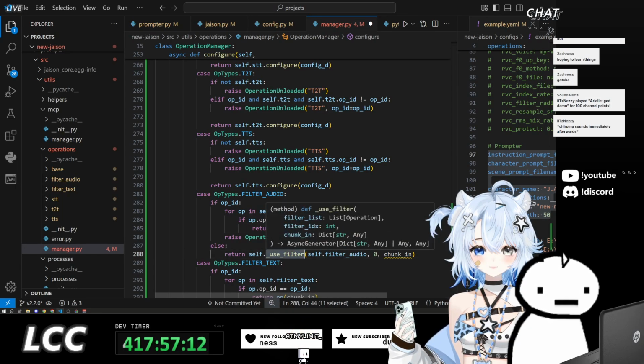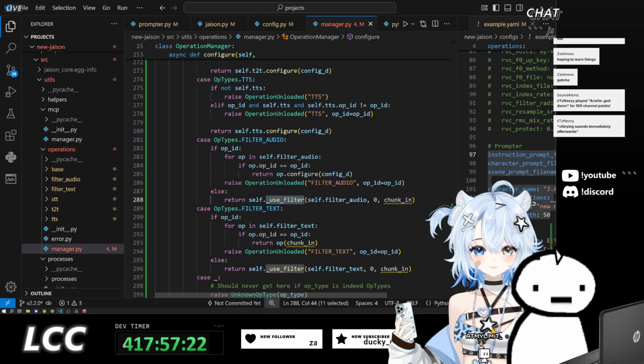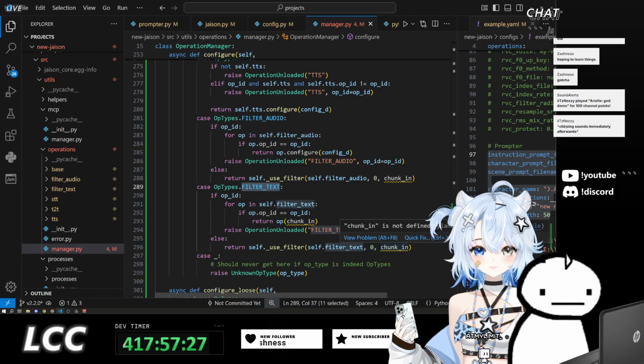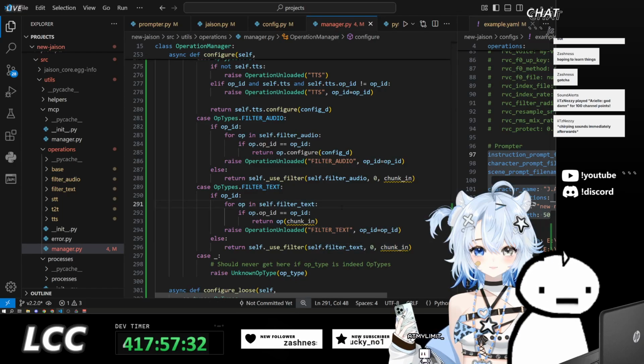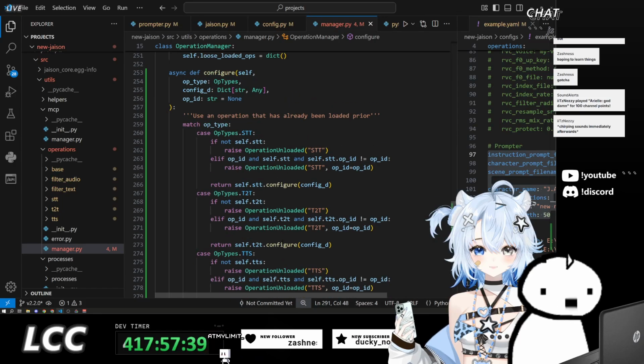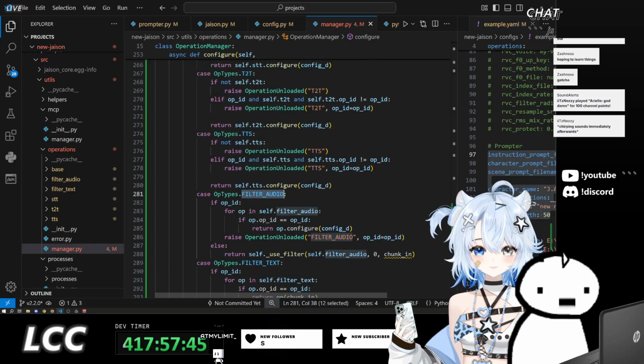What is this use filter? Oh, okay, we need to handle the filtering a little bit differently from use. We need to make sure that use is operation ID is specified for when operation type is either a filter audio or filter text.